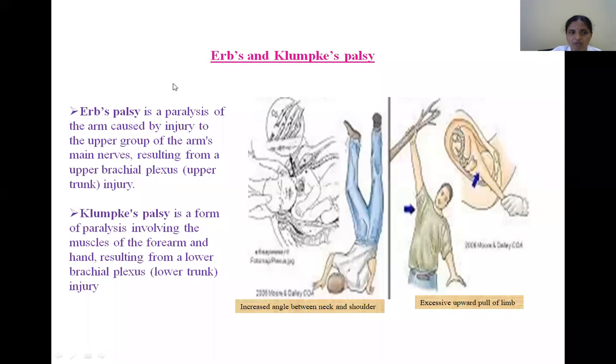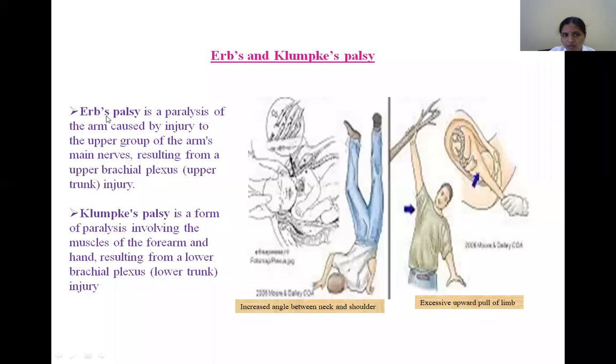Now, what is the clinical importance of this brachial plexus in the posterior triangle particularly? In the first slide I told you that very, very important nerves are present. So what are these nerves? As you know, the cervical plexus and brachial plexus are formed by the cervical roots C1 to C8 and T1, right? So what is this palsy? These are the muscle palsies.